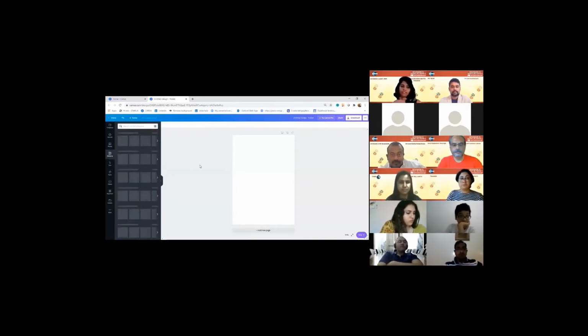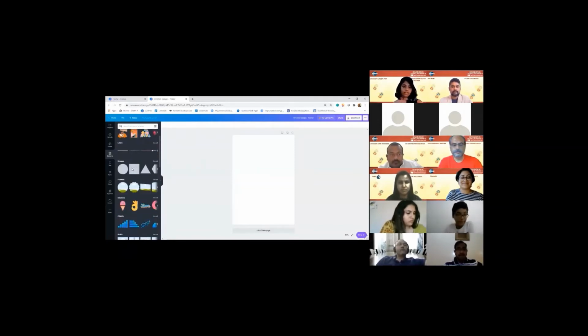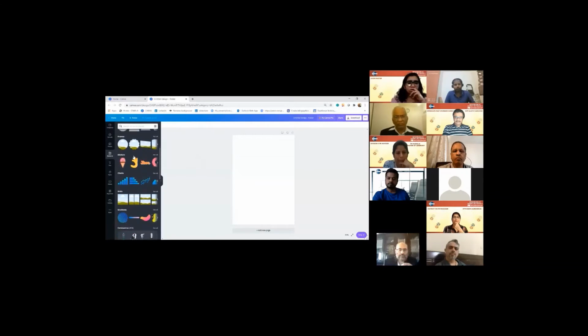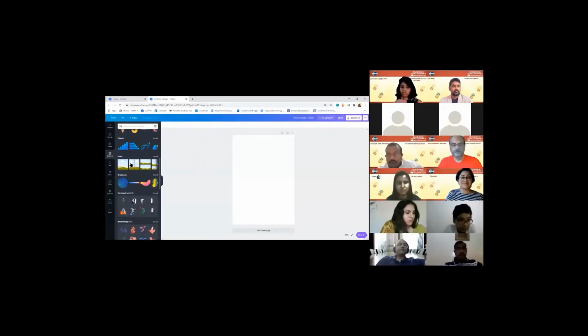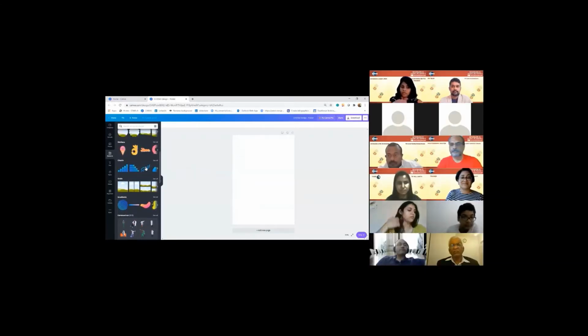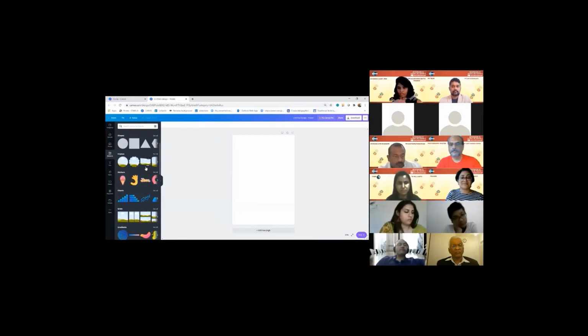Then coming to the next feature, which is elements, which is the most wonderful feature of Canva, where we can use these elements and make our poster look amazing. So there are lines, shapes, frames, stickers, charts, and grids. In our poster, I'll try and use 4 of these features, which are the most easiest ones. This can be helpful in juggling around your poster, and it will give a good look to the poster. The next one is text.